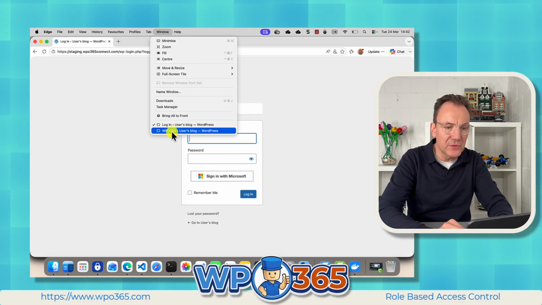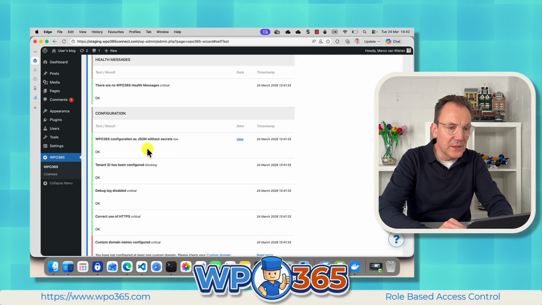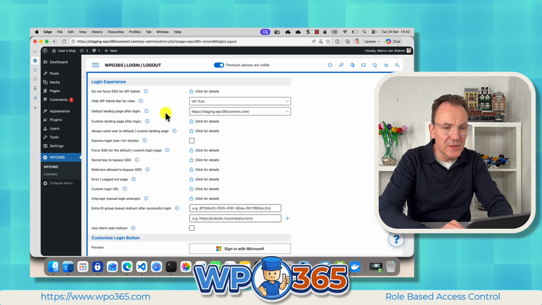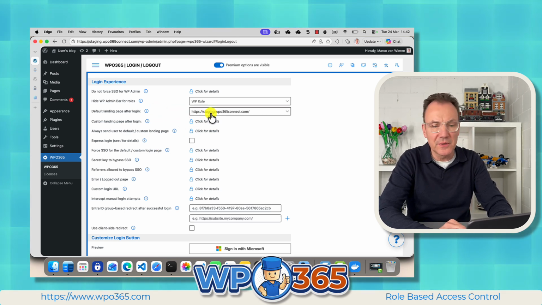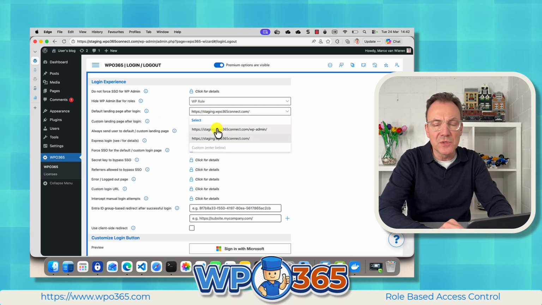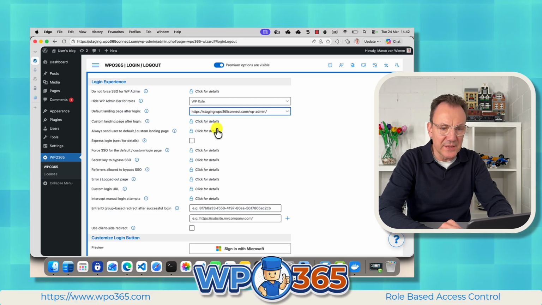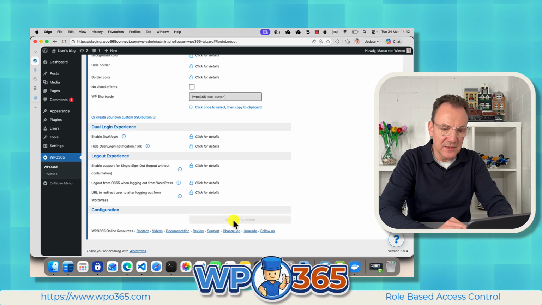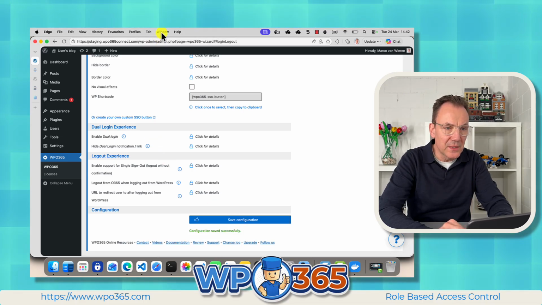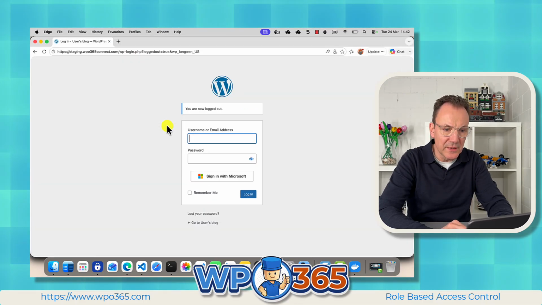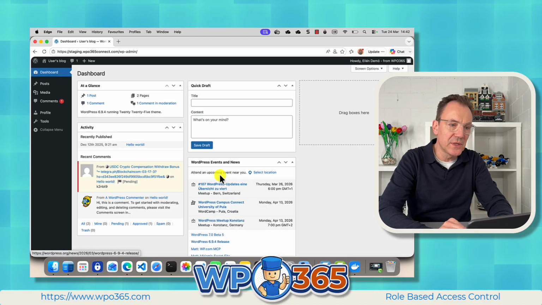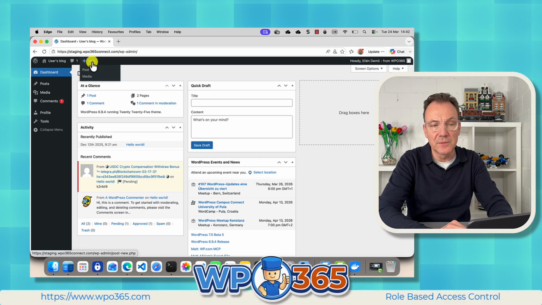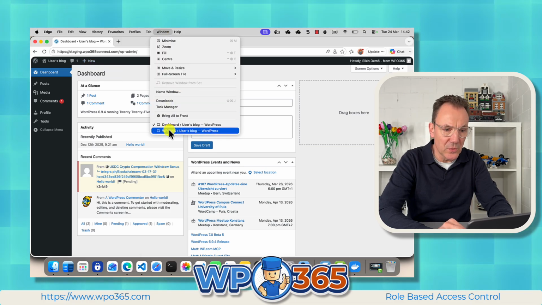So if I return to the administrator view, and if I go to the login and logout configuration page, I could define that after logging in, I would like the user to land at the WP admin site instead of at the home page. Let's change that. Let's save the configuration. Let's one more time return to Ellen. Let's sign in with Microsoft. And now she lands at the dashboard for the website as an author. So things seem again to be working